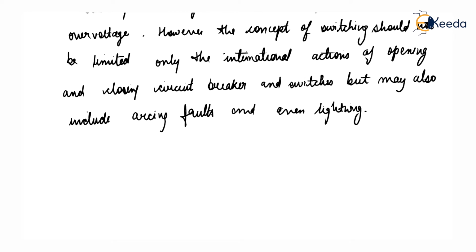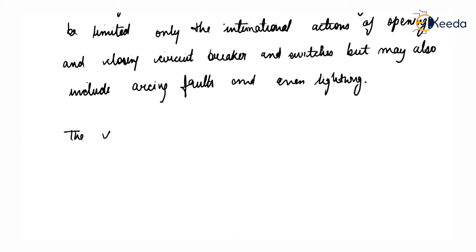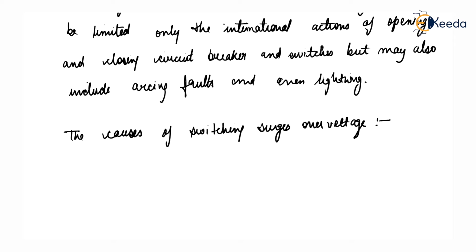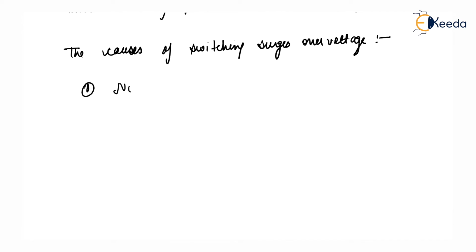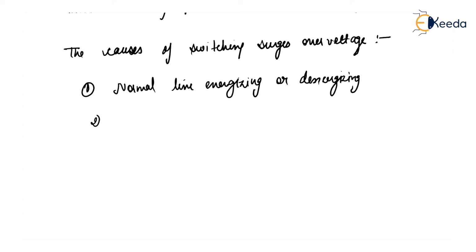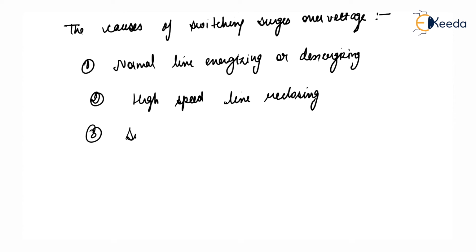So the causes of switching surge overvoltage can be summarized. First cause, normal line energizing or de-energizing. Second cause, high speed line reclosing is one of the causes of switching surge overvoltage. Third one is switching cable circuit,